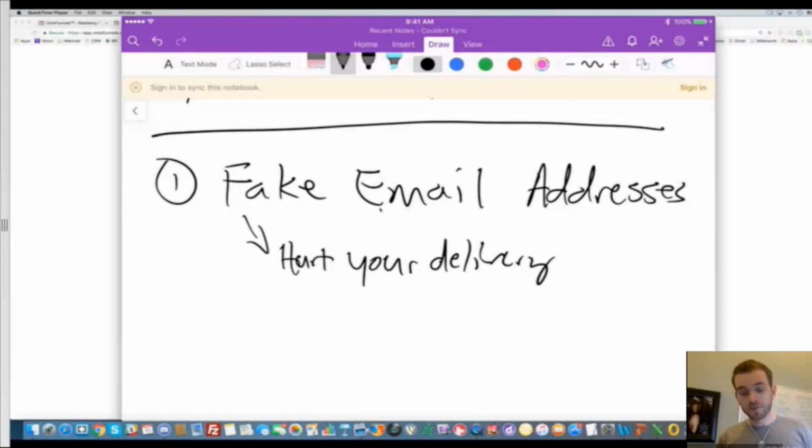They hurt your delivery. If you've got a lot of fake email addresses in your email list, you send your email out, you get all these complaints because they're not real email addresses, and then all of a sudden all of your emailing suffers because you're not sending emails to real people, right? The second thing, and I hate this,